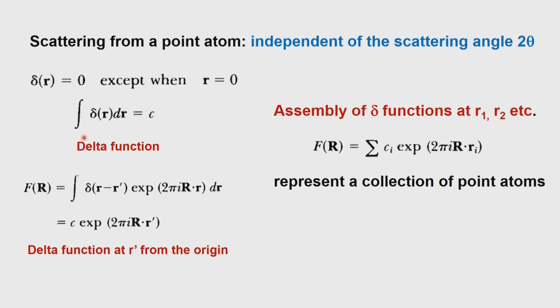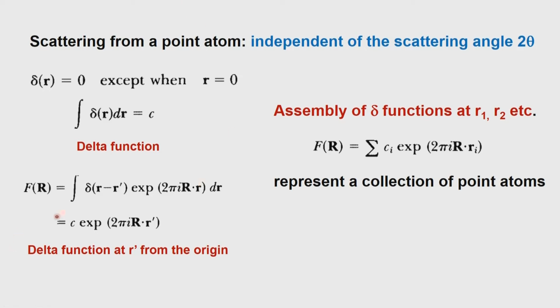So, this allows us to identify the atom as a single atom, single point atom, and then through the delta function. So, it has certain special properties that it is equal to the integration of delta r dr is equal to c at r equals 0, but everywhere else around the surroundings it is not actually a measurable quantity, it is equal to 0. Now, what happens if there is an atom which is situated not at r equals 0, but away from r equals 0.